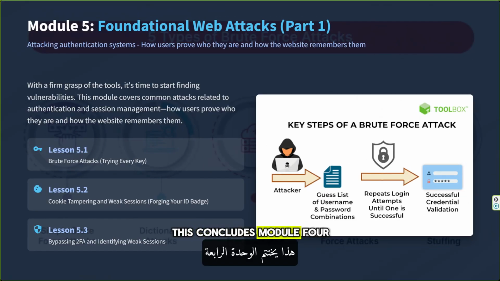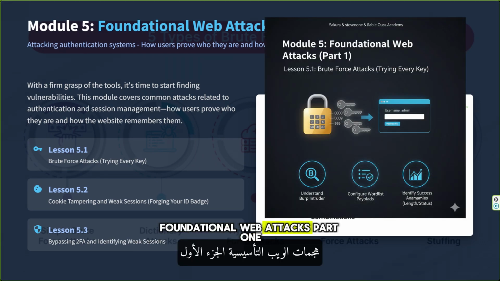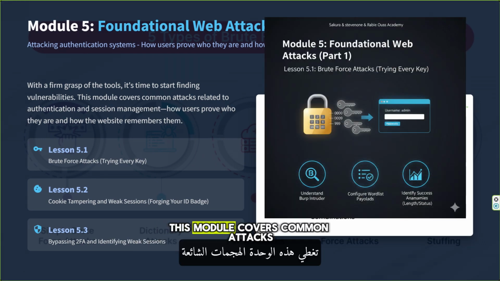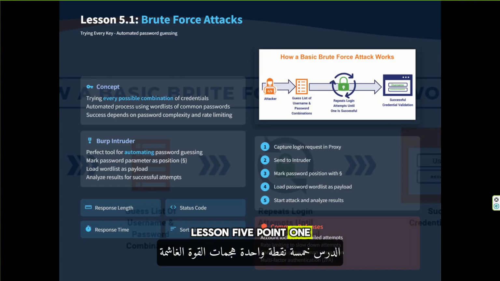This concludes Module 4. We'll now begin finding vulnerabilities in Module 5, Foundational Web Attacks Part 1. This module covers common attacks related to authentication and session management. Lesson 5.1. Brute Force